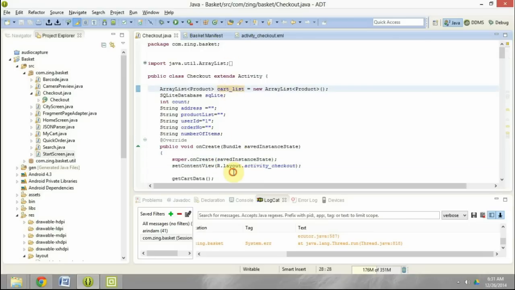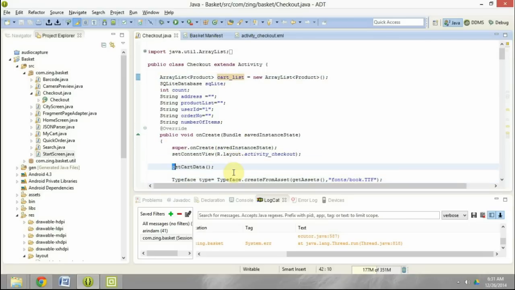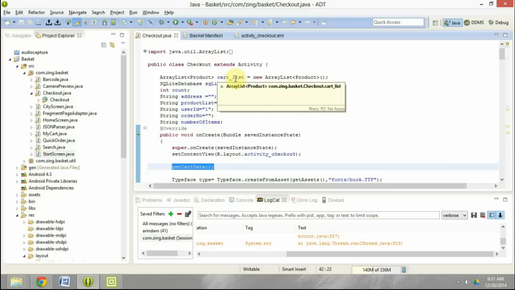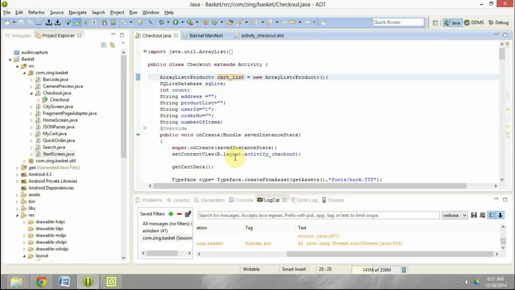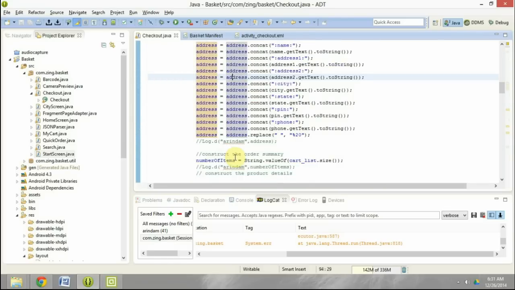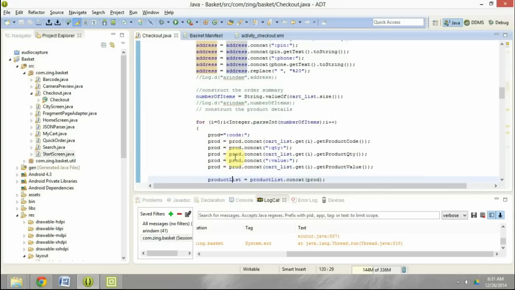Okay. And this get cart data which is there in on create is what is reading the cart table and populating all the items in the cart table in the database to this cart list array list. Coming back to this part of the code, what I have done here is that I have just taken a count of the number of items which are there in the cart list, and after that